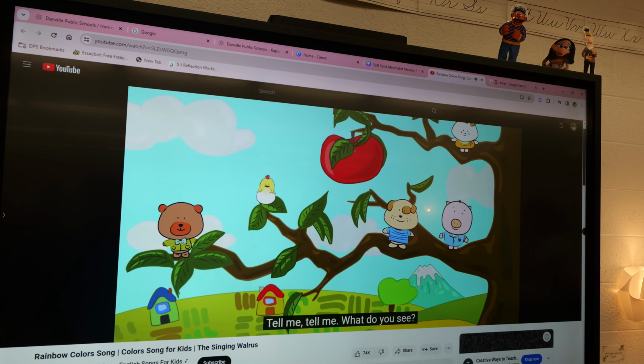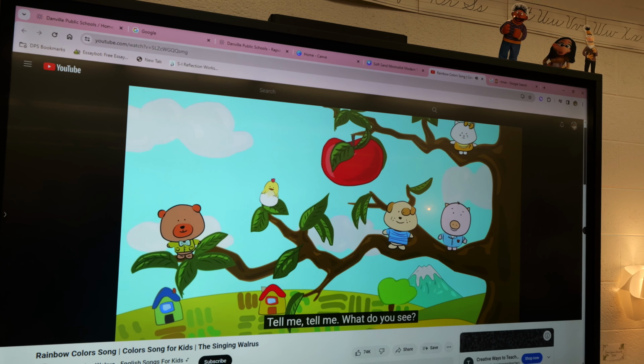Tell me, what do you see? I see an apple and it's